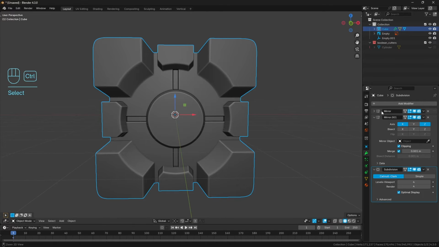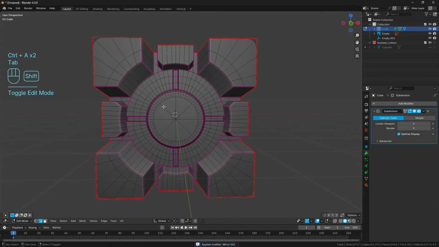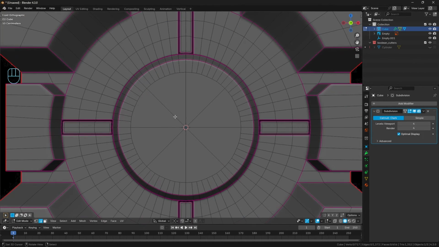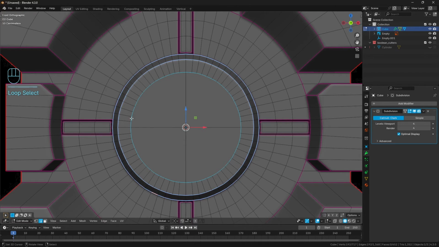Cool, so let's go ahead, I'm going to use Control A and apply both of those mirrors there. And then we've got a little bit of a problem. You can probably see the circle isn't completely circular. So I'm just going to dissolve these edges. It's not important to dissolve these edges, it just helps me in selecting just the quarters of the circle there. And then I'm going to select the outer 2 edges, and then just using the Loop Tools circle operation, I'll